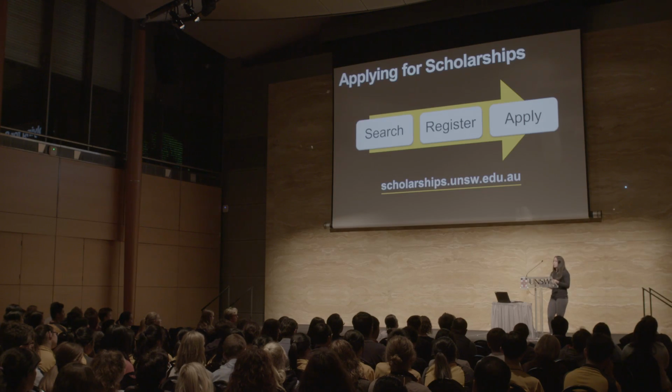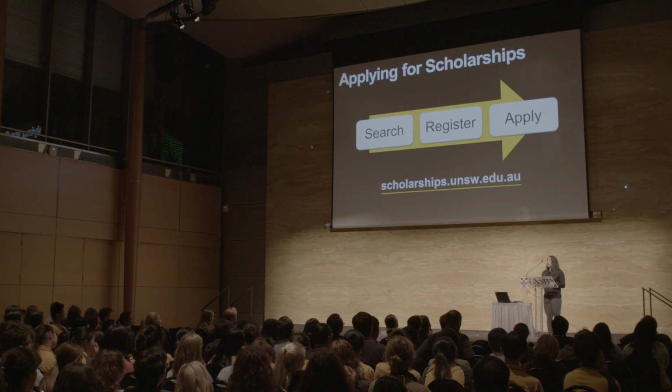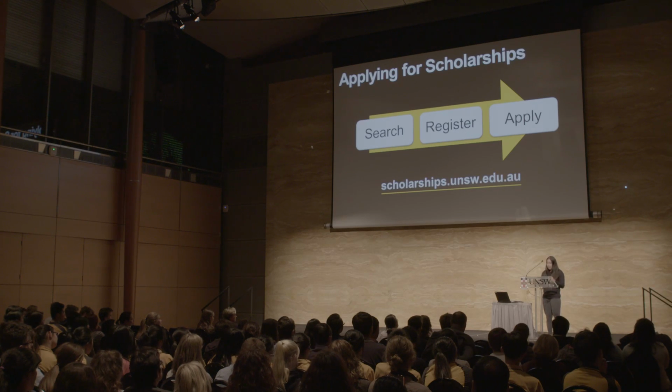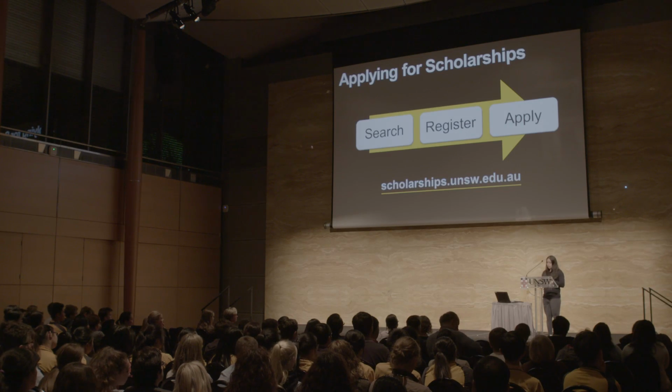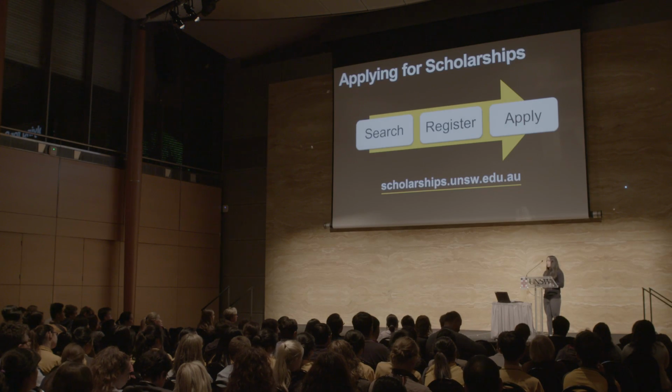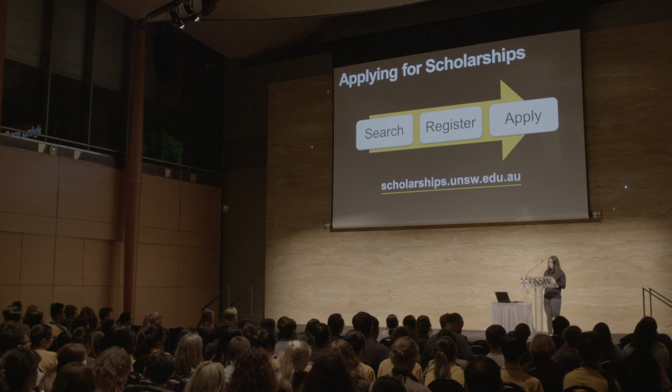From there, there's only one application process. With most universities, you have to do a 10-page document per scholarship that you apply for. At UNSW, you only have to tell us your name once. You only have to fill in most questions once. There are some scholarships that do have specific questions. For example, if you're applying for a scholarship in engineering, they might ask you why you're interested in studying engineering. And there are multiple different sections for that as well. Some scholarships also have interviews, but it depends on how much the scholarship's worth and whether that's part of the criteria.